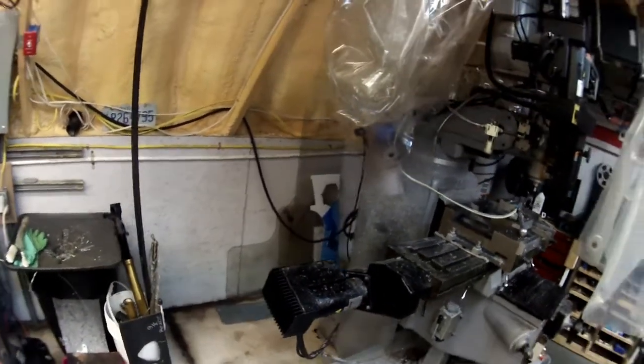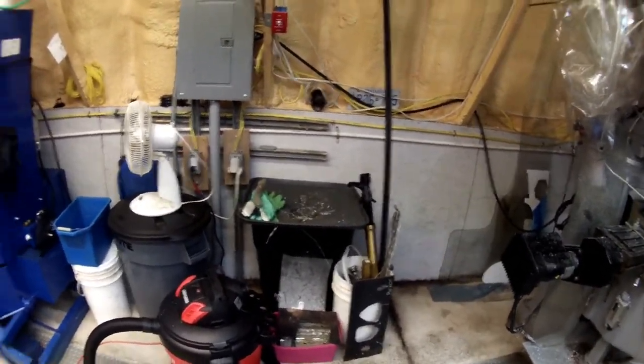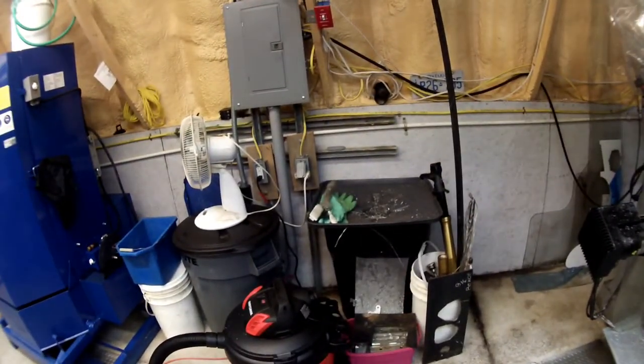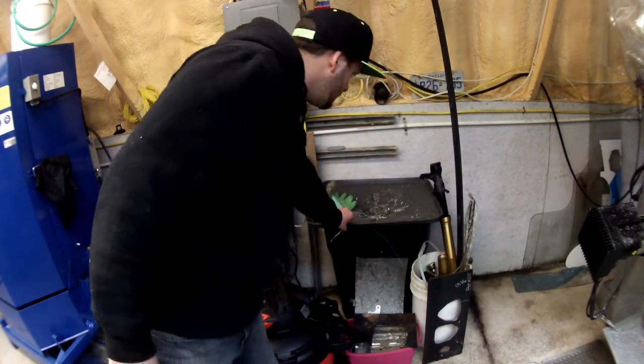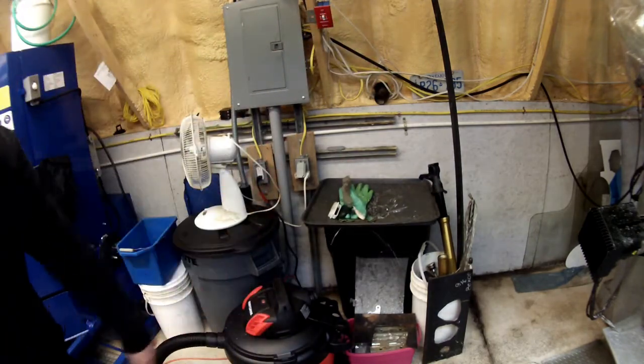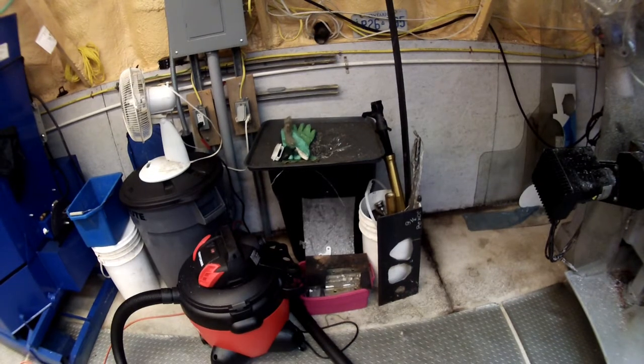So, just kind of working our way around. Electrical panel, scrap metal, chip bin. So this all down inside here is just all the chips from either the mill or the lathe, and then this pile's accumulated more just as a result of kind of tidying up a little bit